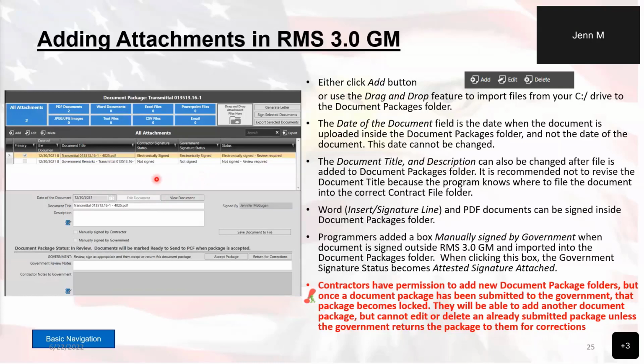But what I will talk about is down here, when you single click on a document, you will see a little bit of information down here at the bottom. And this is important because you have the ability to change the document title of any document that you upload into a document package. However, proceed with caution, and I would recommend you leave the first part on there, because by removing this first part, that will make it more difficult for a user later to come behind you